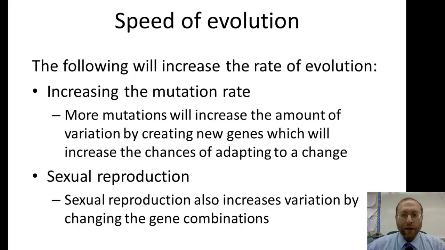the ones that are longer are more fit, so that the elephants with longer trunks happen to survive to reproduce, so that the population ends up with longer trunks, because the shorter ones don't survive and reproduce and die. So the short genes die and the longer genes are more around. So how do you end up with more variation? Two basic ways. One is with a higher mutation rate. More mutations increase the amount of variation, and that makes more genes, increasing the chances of adapting to a